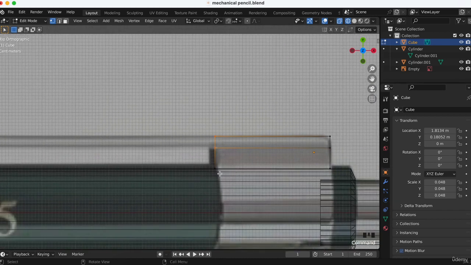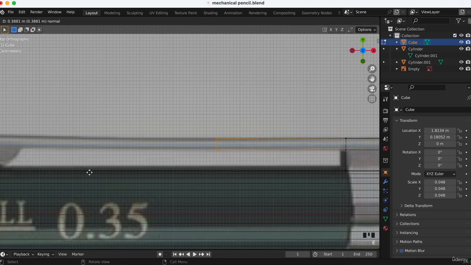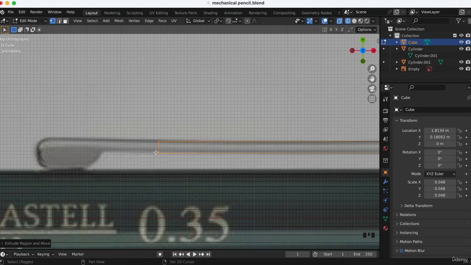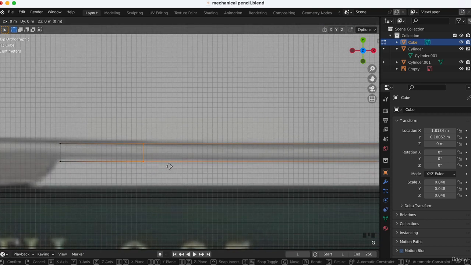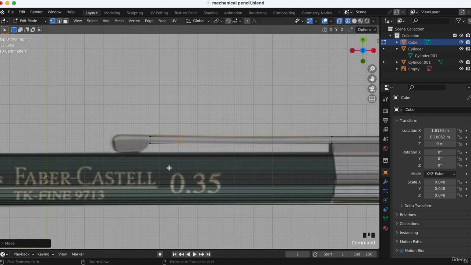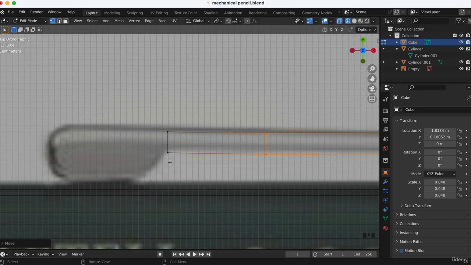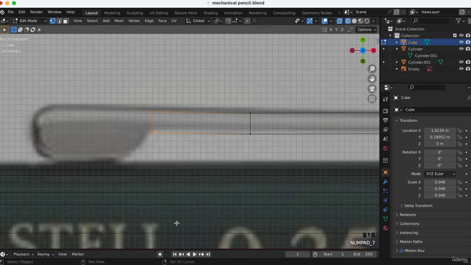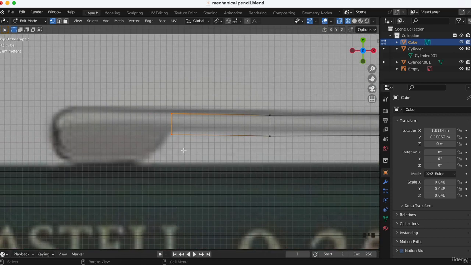Numpad 7, we can extrude E, and this part moves a little bit, so we can extrude again here, and then this part we can move it G, like a little like this. It is not really straight, and then this part we need to make it bigger. So we can select this, Numpad 7, and we can E extrude